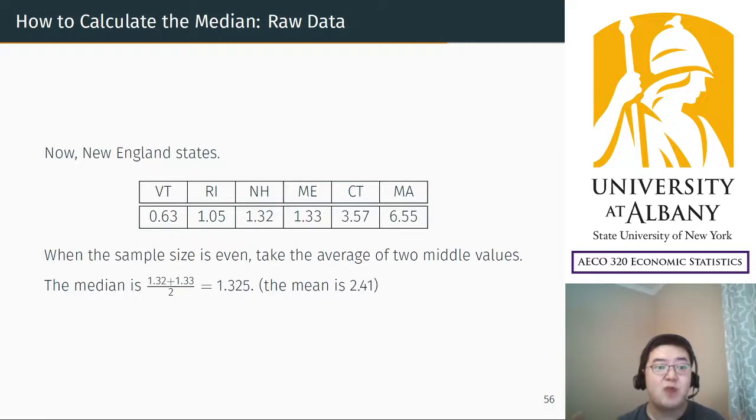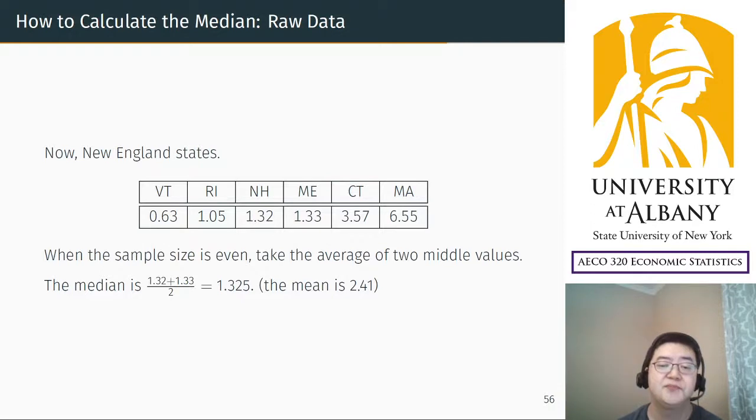So it's easy when you have raw data. You have to order them and find the middle one. Of course, when you have larger data, it's impossible by hand. Then you have to use Excel or a program, and it's an easy task for a computer. So don't worry about that. Just understand the principle. Okay, I will stop here, and in the next video, I will show you how to